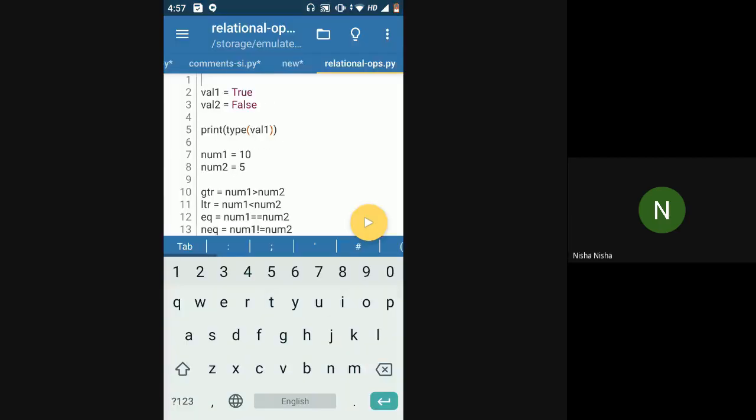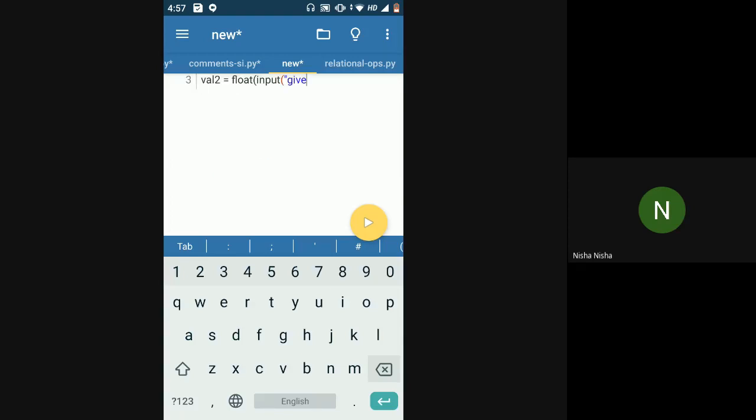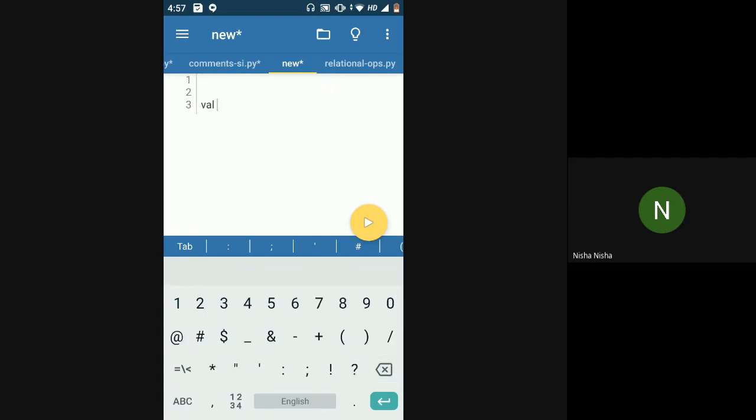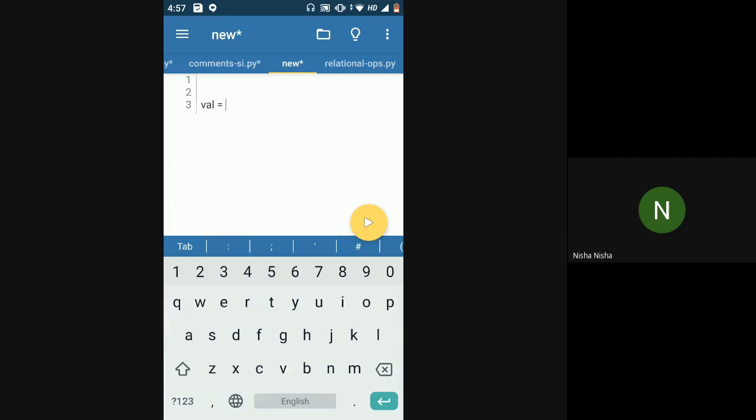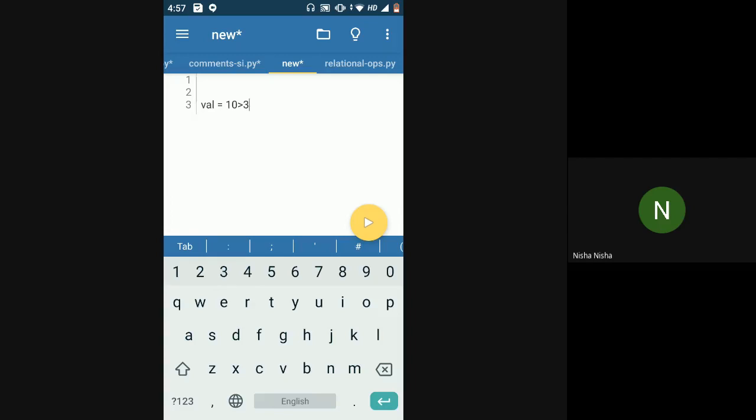Now if I assign this to a variable, 10 is greater than 3, what do you think will be the value inside val?